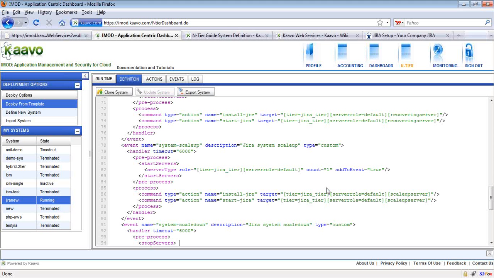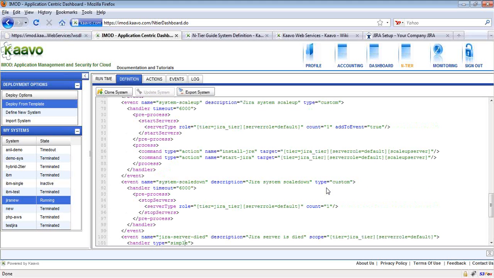And in this process section, what we are doing is installing the necessary softwares and configuring them in the same way that we did for the first server when we first launched the system.